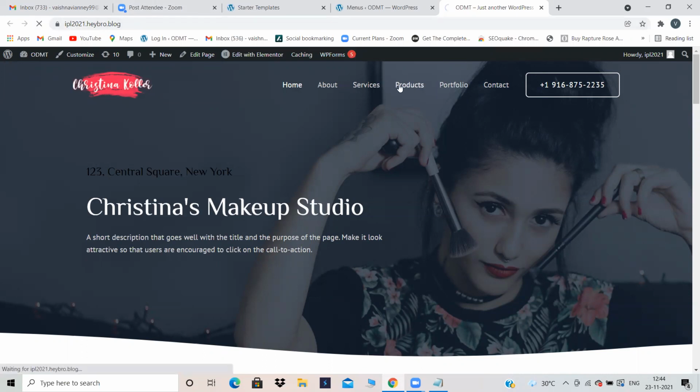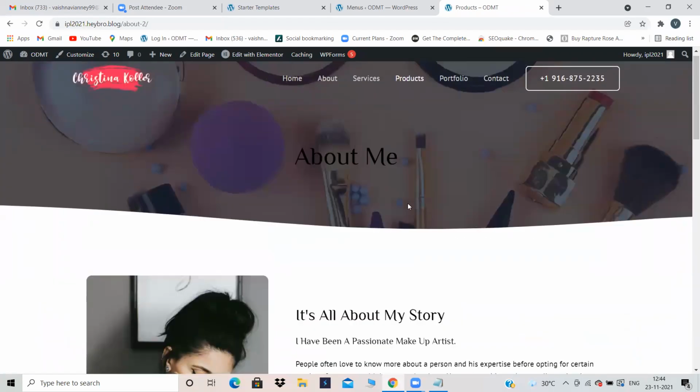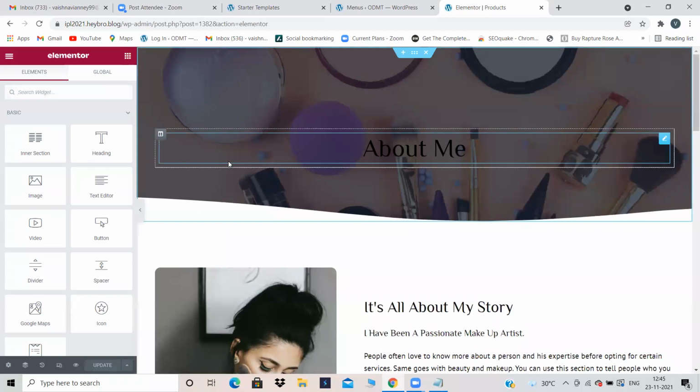So see, now products page is there. It will be same like our about us page. Then you have to edit this. If I want to edit the products page, then I have to click on edit with Elementor. Then again, same process. However you want to edit, you have to change the shapes, sizes, text, and everything. Images. And all the images related to the website will be present in the media library. Even if you don't have your own images, you can use those images.